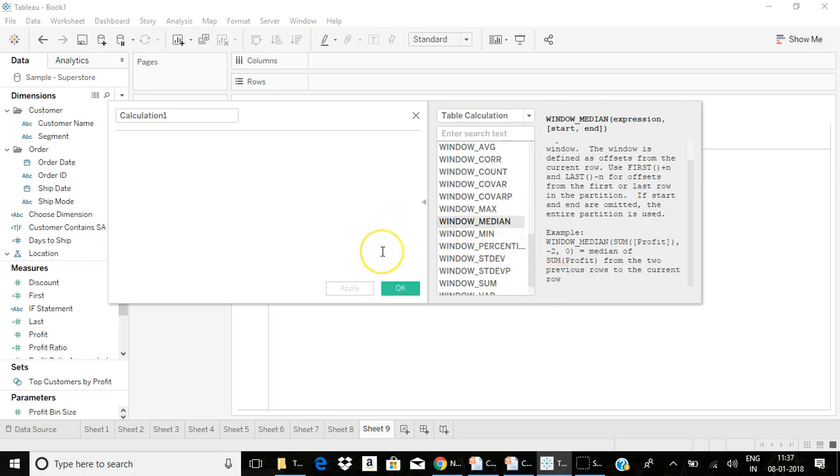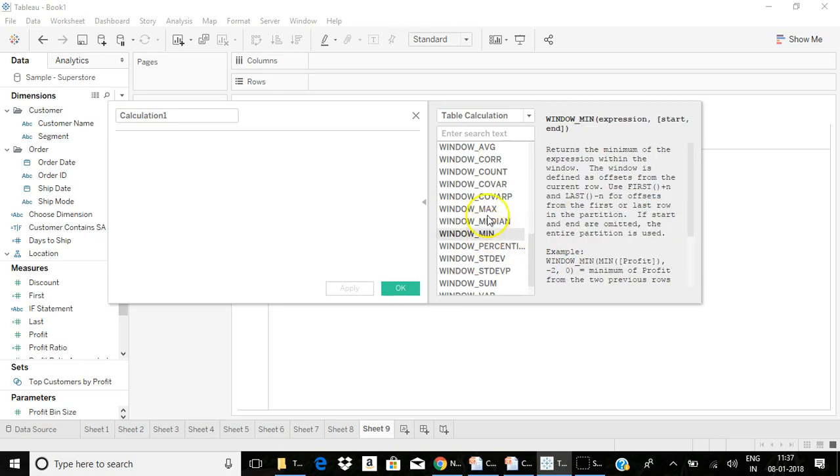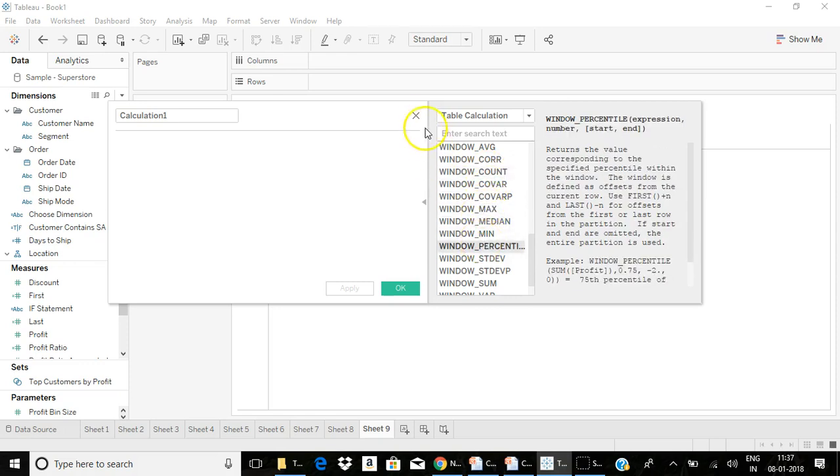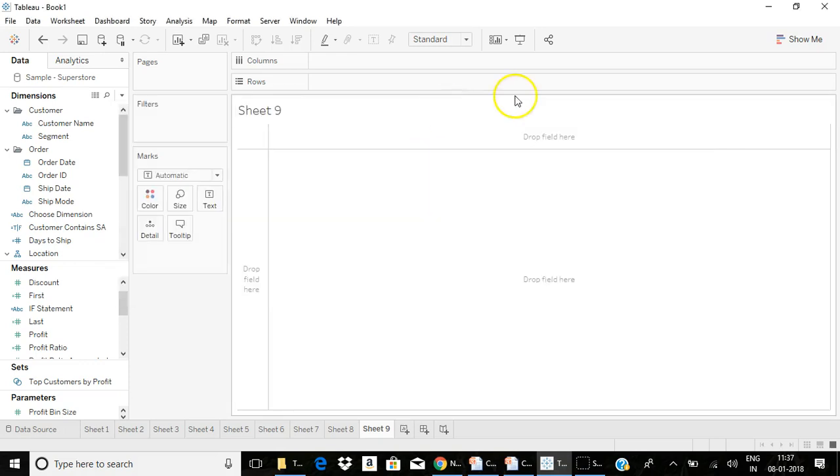When you use a normal median function, it takes the values as an entire scope. When you use a Window function, it takes only the values you specify. Your first and last functions can also be clubbed with the Window function. Let me explain with an example.